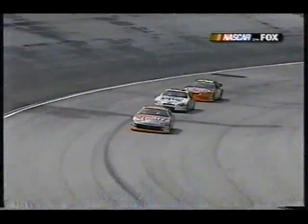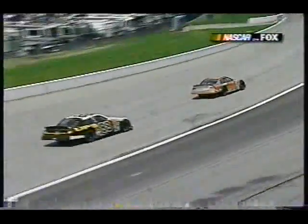I think a lot of cars took 2 tires in. I think definitely Sterling Marlin did. I'm not sure about some of these other cars, maybe the 66, but we were just in the pits a few laps ago. So 2 tires right now for track